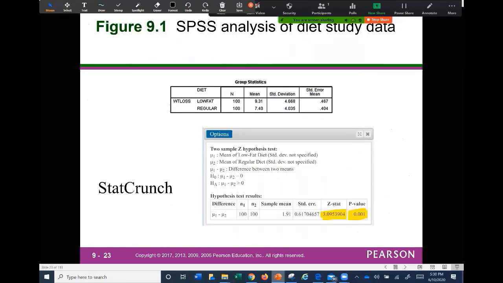That is the printout of SPSS, and this is the printout in StatCrunch. You can do this problem in seconds. You need to input the data. You can send the data automatically to StatCrunch, and in less than 5 seconds, you can obtain all of these answers. You can obtain the z-score of my evidence. This is the p-value of my evidence. If this p-value is too small, we can reject the null hypothesis. This z-score is far away from the center; 3 standard deviations to the right is far away from the center. Also, we have here the difference between the two means. It's easy, 5 seconds. But you need to show your work. Let's do it. You can depart from this to show your work.